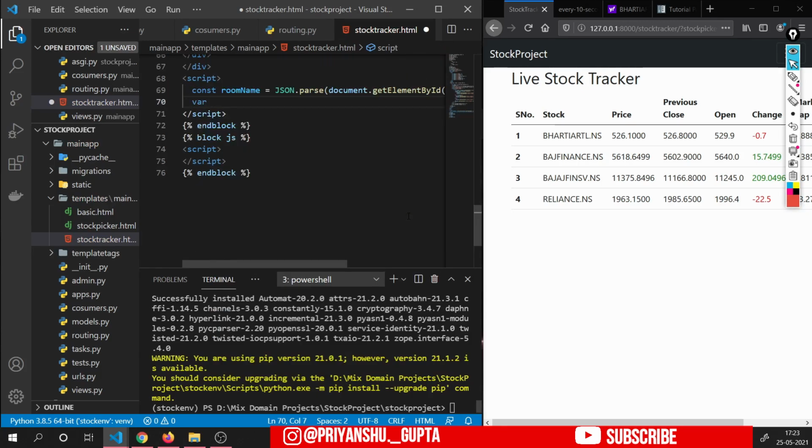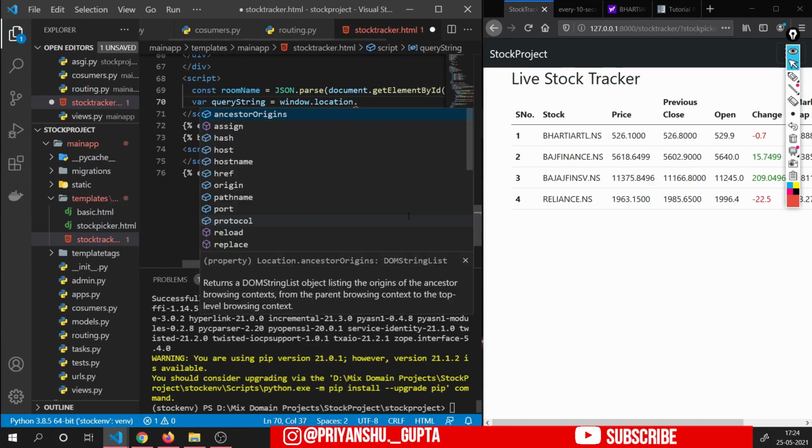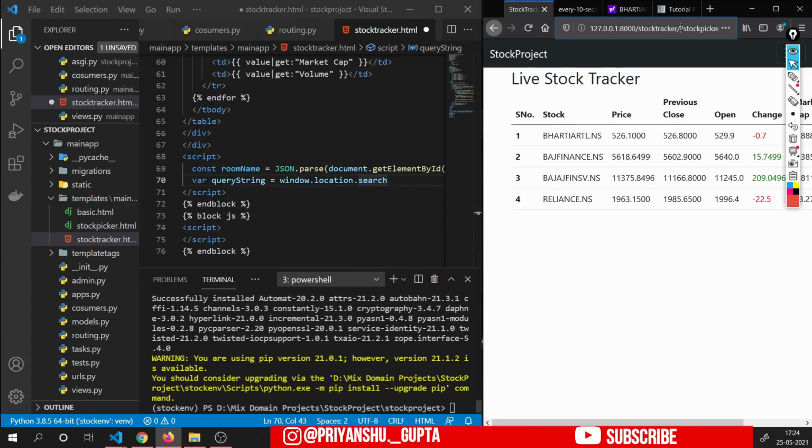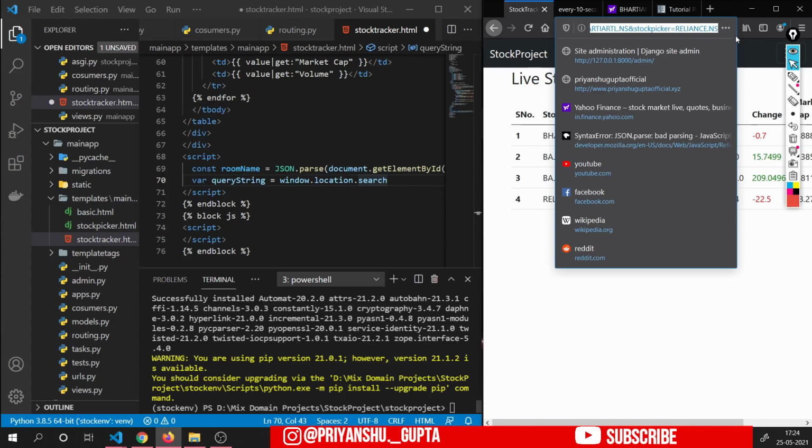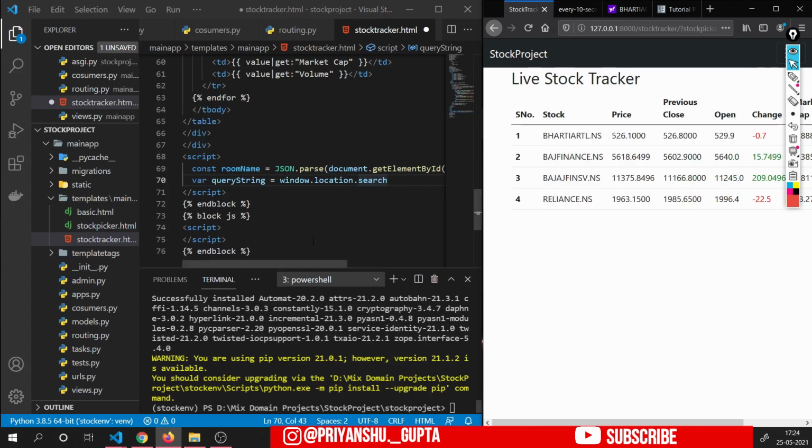then variable queryString, window.location.search, because we want to retrieve all the stocks that we have mentioned inside this URL, right?